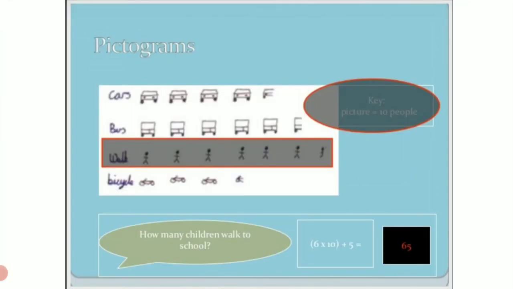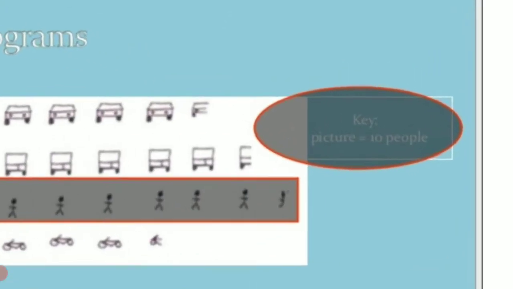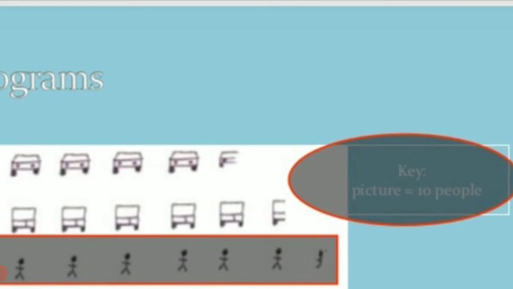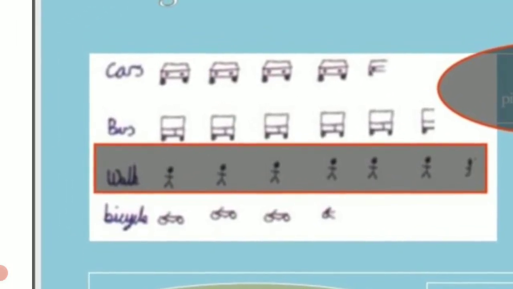Now children, pictograms here you can see. Number of cars are given, number of buses are given, children, bicycles are given. Okay, and then it is asked, children, the key is given: one picture is representing 10 people. So here you can see 4.5 cars. Okay, one car represents 10 people, that means 4 into 10 is 40, plus half will be 10 divided by 2, that is 5. 40 plus 5 is 45. Then number of buses, children, you can see here 5.5, that is 5 into 10, 50, plus 5, 55.